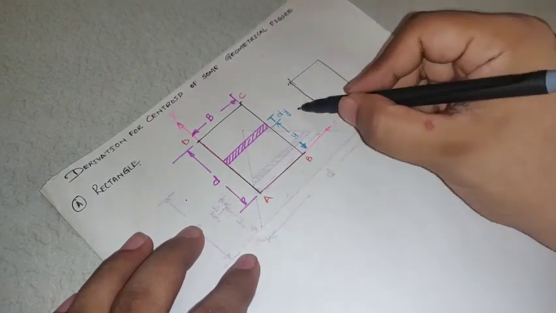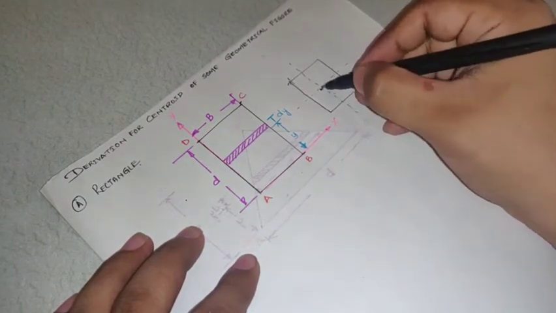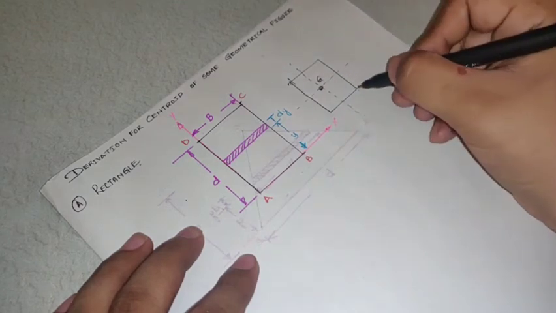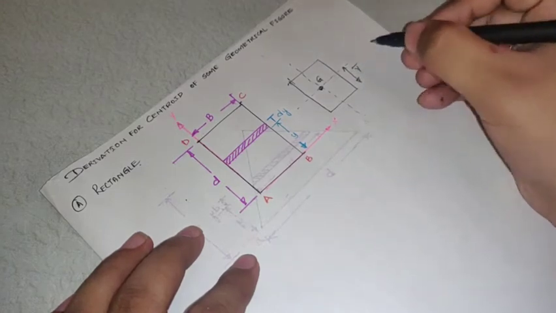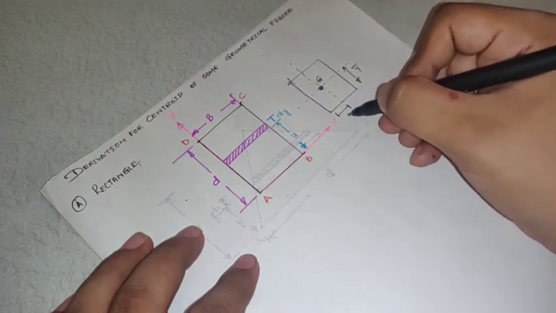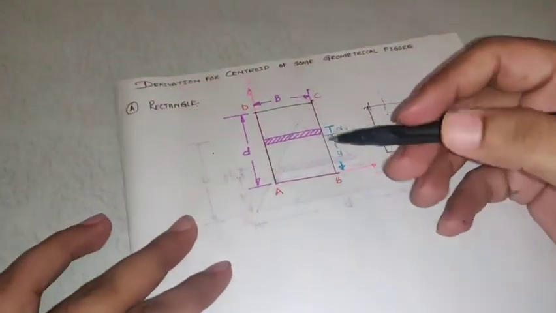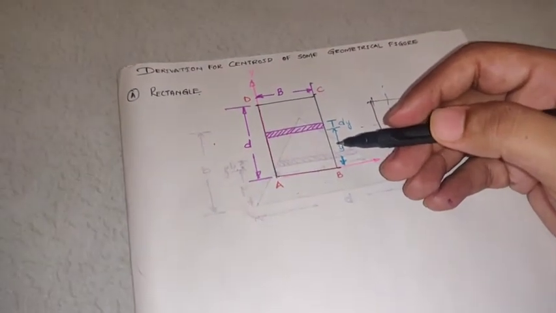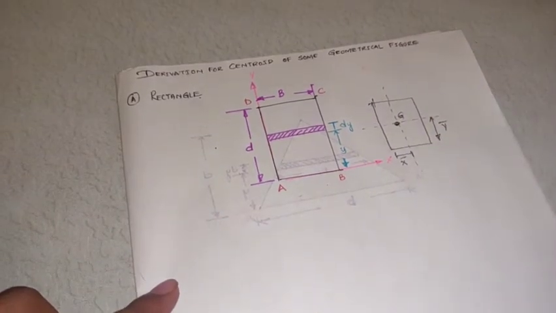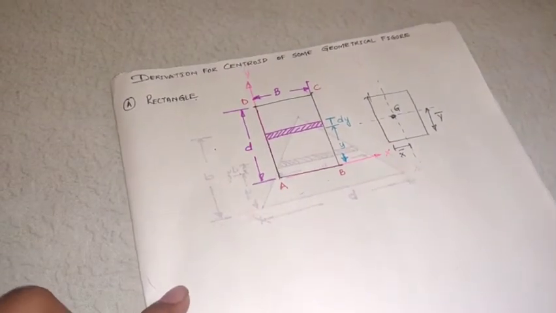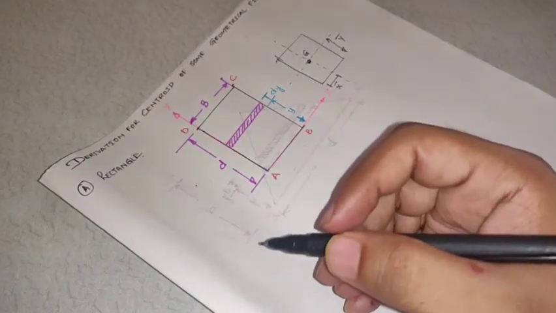I have told you already the mathematical relationship for determining x bar and y bar. This is the center of the object, this is the centroid. Whenever it is with respect to the x-axis, the value we get is called y bar, and when it is with respect to the y-axis, the value we get is called x bar. Now I am considering this elemental strip which is parallel to the x-axis. We'll write the statements now. I hope you understood that figure.